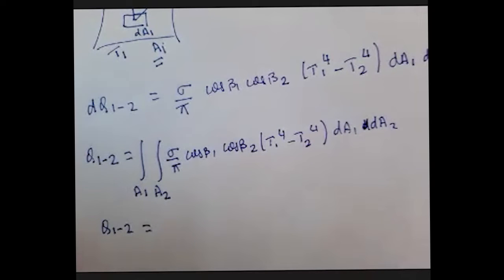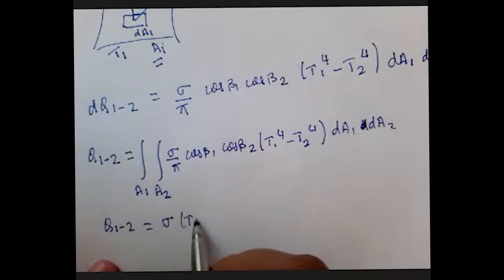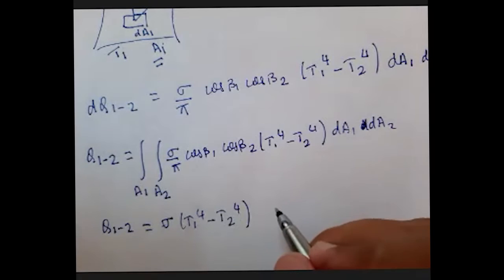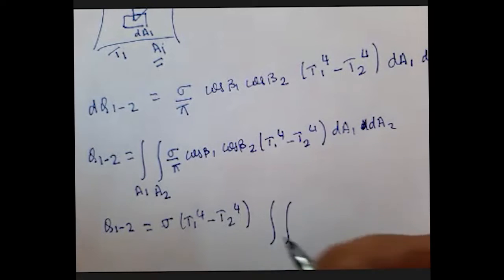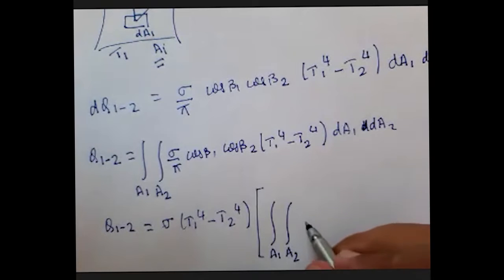So I'm going to take them outside the integration. When I take them outside, it is sigma into T1 raised to 4 minus T2 raised to 4 into the bracket, with the integration over A1 and A2 of cos beta 1